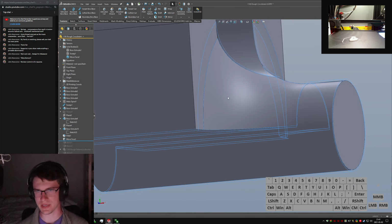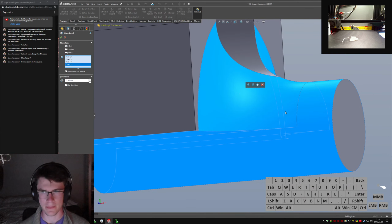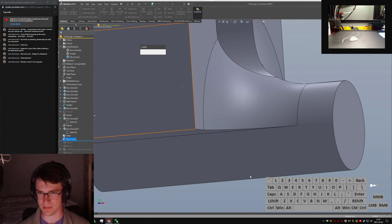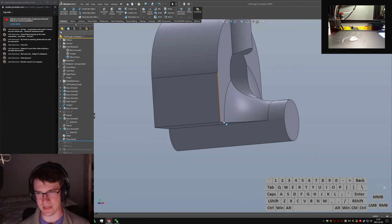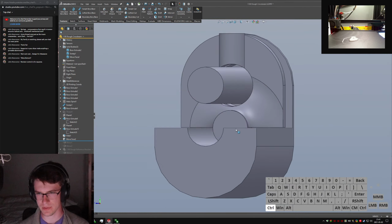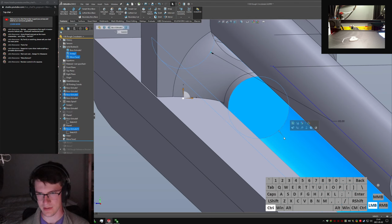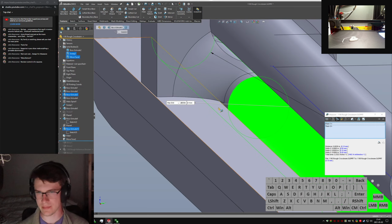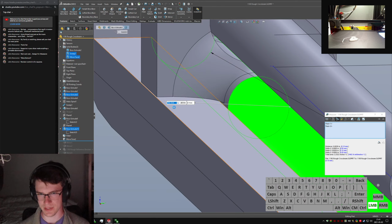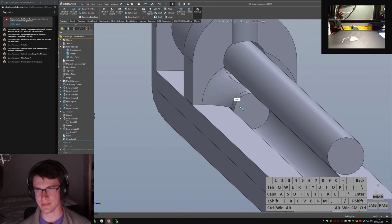What happens if I don't pick this fillet? Is it going to break? Yep, it breaks. Because these two are tangent, if you move this one inward, then this one doesn't know where to... This face up here doesn't know where to go. So you have to move both at once. But now, we can exit isolate and... right side. And now we have a slip fit. So we've got that face there. And we can check those two and hit M to measure between them. Say, what's the minimum distance between these two? And now it's 0.1. So that's...